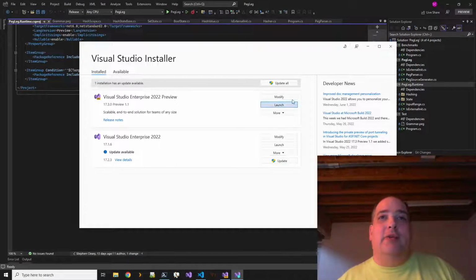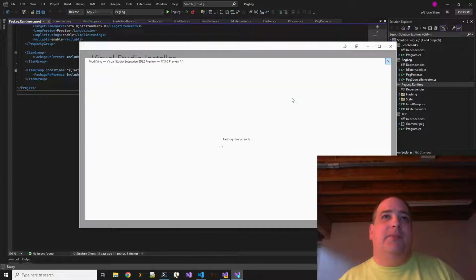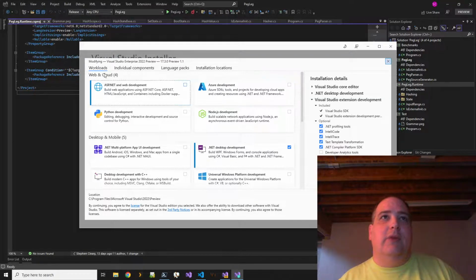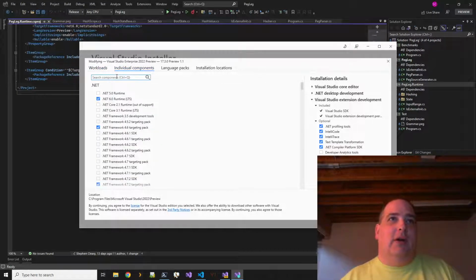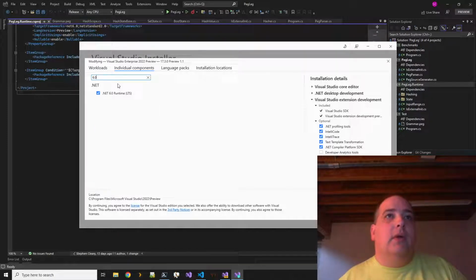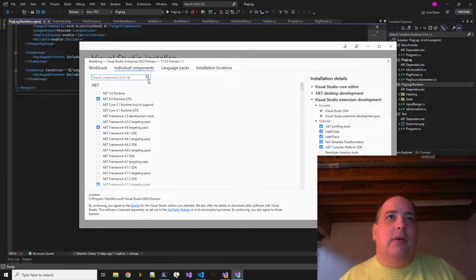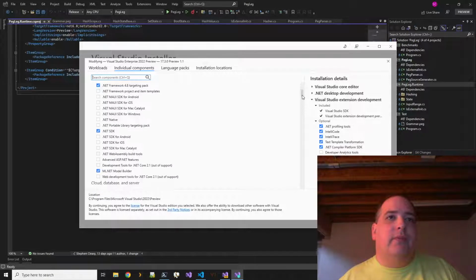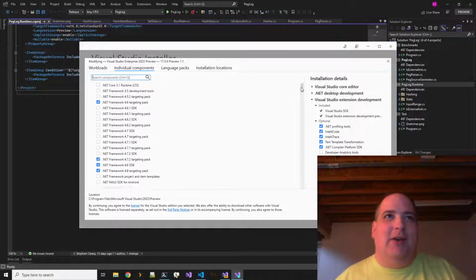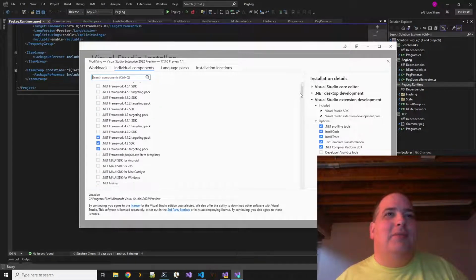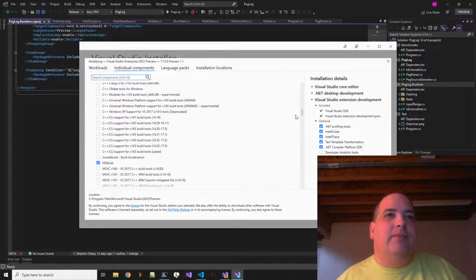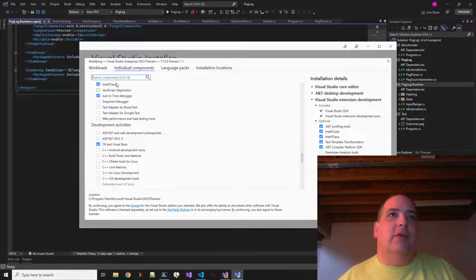Alright, so this is the one we're using. I'm just looking in here to make sure that we have our .NET 6.0. I see the runtime. What I want is the SDK. It's the .NET SDK now. Okay. I don't see any preview versions in here.